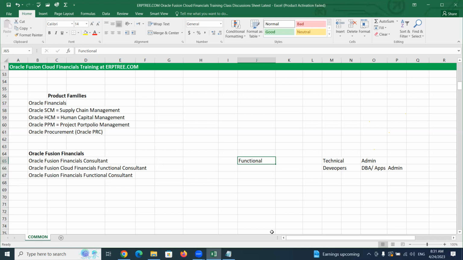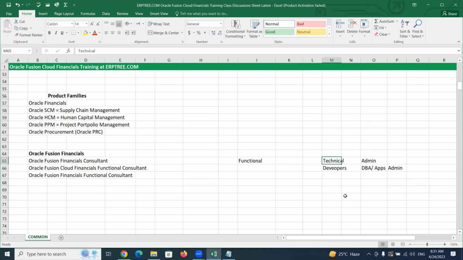When you talk about admin, these days Oracle is playing the admin role. There are no opportunities in the market outside. Oracle itself has its own team. They are taking care of activities like installing the Oracle Fusion applications in the server and the maintenance activities. And when you talk about technical, yes, we require technical consultants.